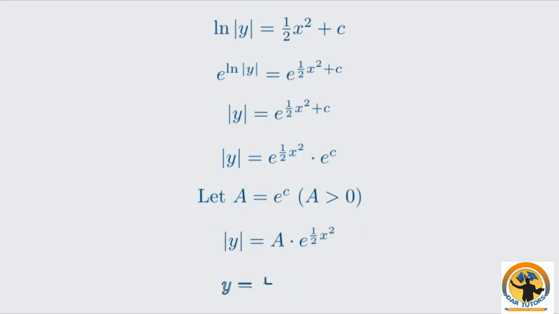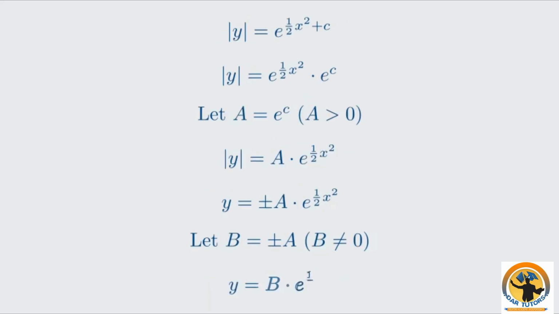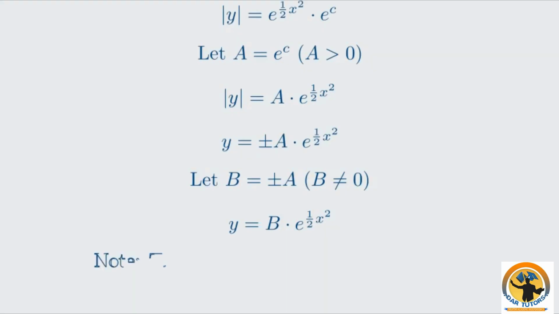This gives us y equals plus or minus a times e to the power of 1/2 x squared. We can simplify this further. Since a is an arbitrary positive constant, plus or minus a is an arbitrary non-zero constant. Let's call this new constant b. So the general solution is y equals b times e to the power of 1/2 x squared, where b is